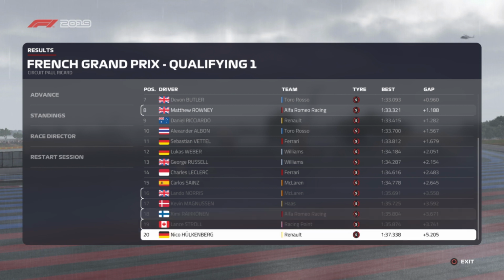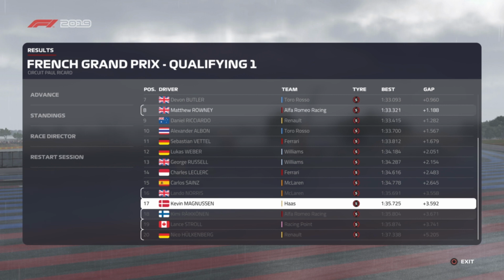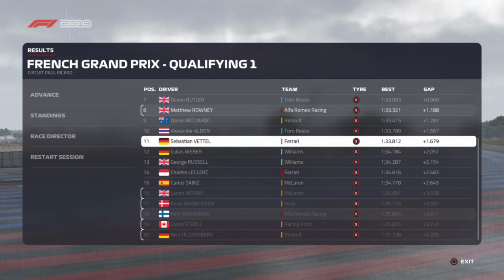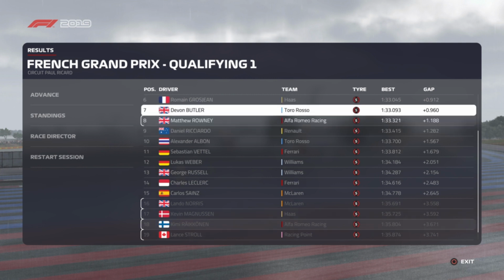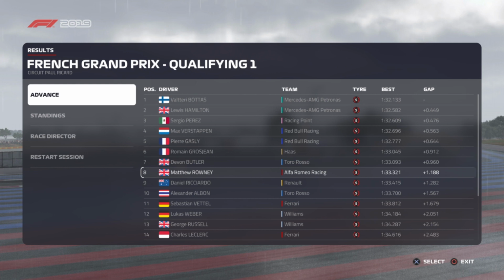So he drops out along with Nico Hülkenberg, who put in a 1:37.3, so Renault really have mucked up his lap, along with Lance Stroll in the Racing Point, and I believe they were looking strong around this track, so that'll be disappointing for them. Kevin Magnussen drops out again in Q1, as does Lando Norris. His teammate Carlos Sainz squeezes through, as does the Ferrari of Charles Leclerc and also Sebastian Vettel. So the two Ferraris must have cut it fine, but they are both through to Q2, as is Lucas Weber, and Devon Butler also through alongside ourselves. He was a little bit faster there. So a couple of cars dropping out, but the main thing is we're through to the second round